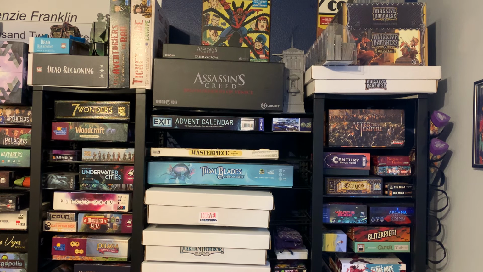In this upper right section of the Boxthrone unit, we have Dead Reckoning, Ticket to Ride Europe, Seven Wonders, Woodcraft, Conspiracy, Abyss Universe, Clans of Caledonia, Unbroken, Underwater Cities, Pulsar 2849, Coup, Cat in the Box, Messina 1347, Praga Caput Regni, Assassin's Creed, Exit, Advent Calendar, Motor City, Masterpiece, Tidal Blades, Heroes of the Reef, Marvel